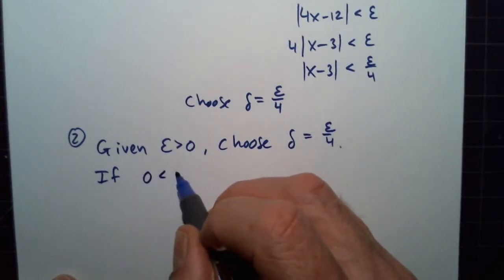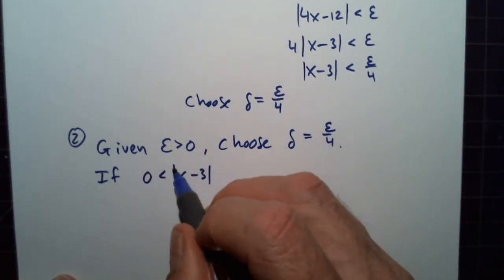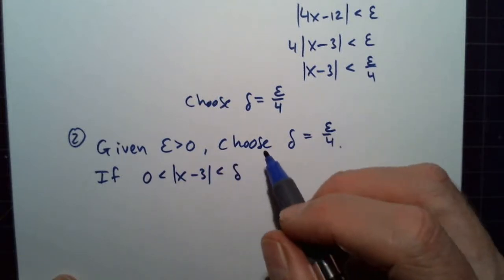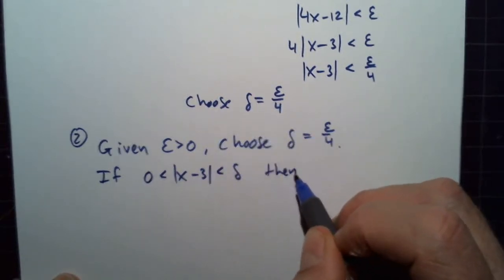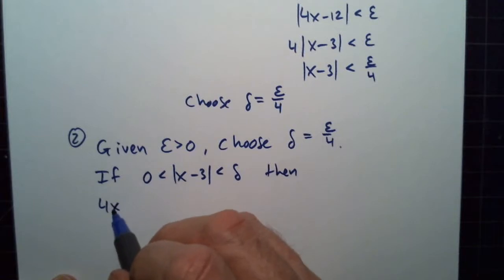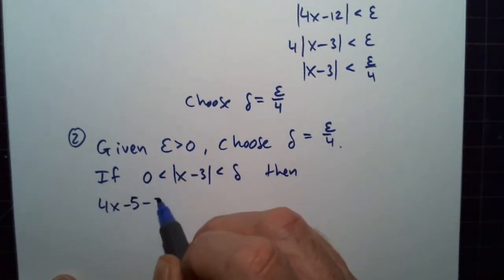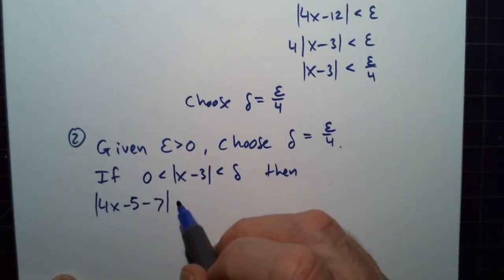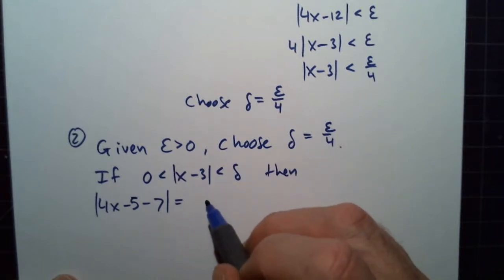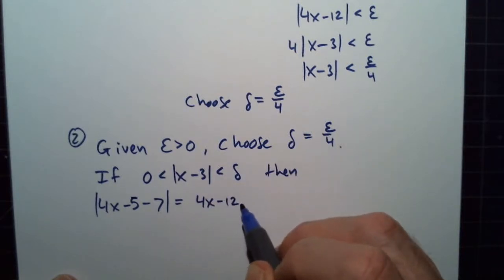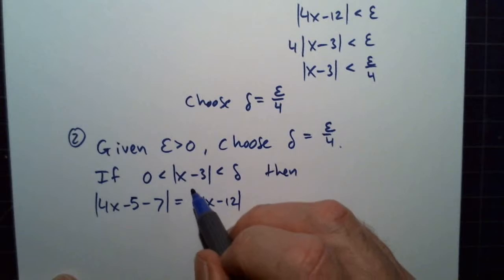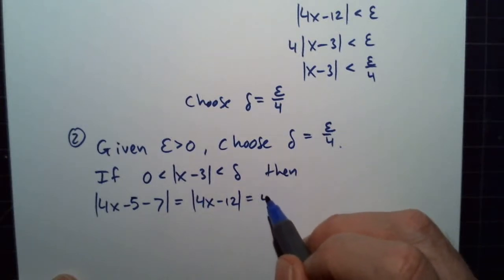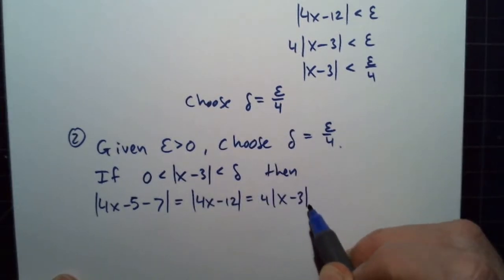If 0 < |x - 3| < delta, then |4x - 5 - 7| equals |4x - 12| equals 4|x - 3|,